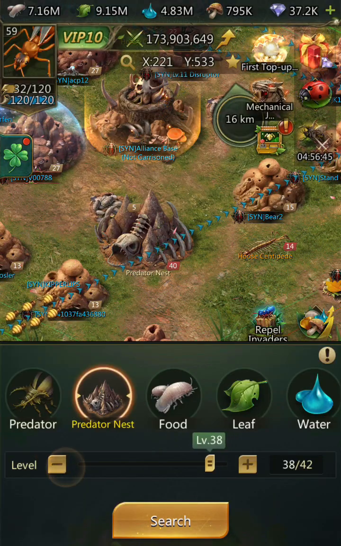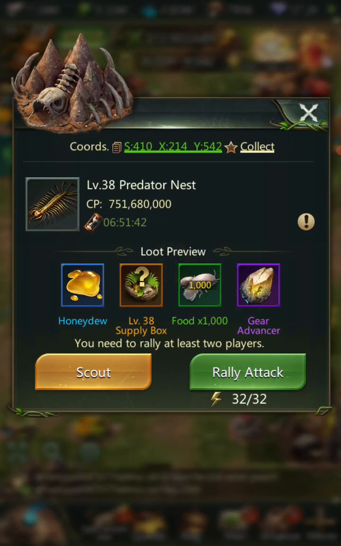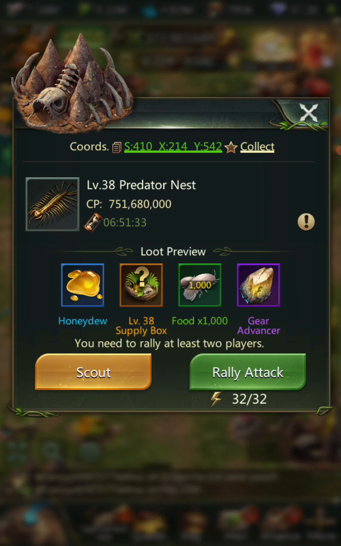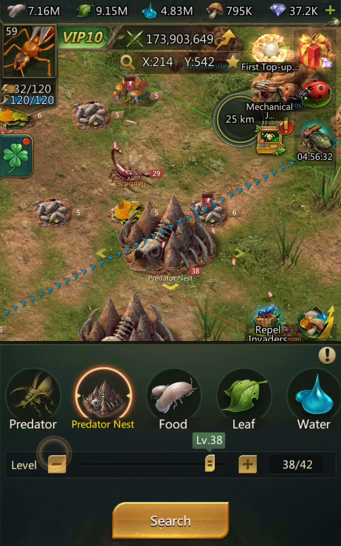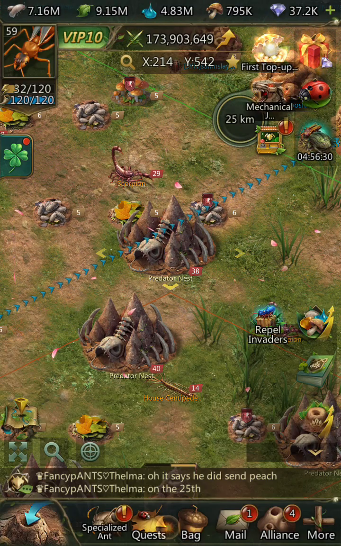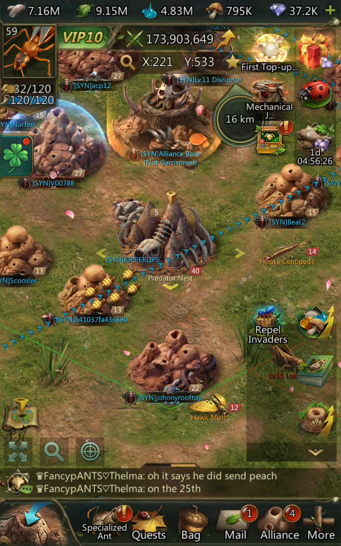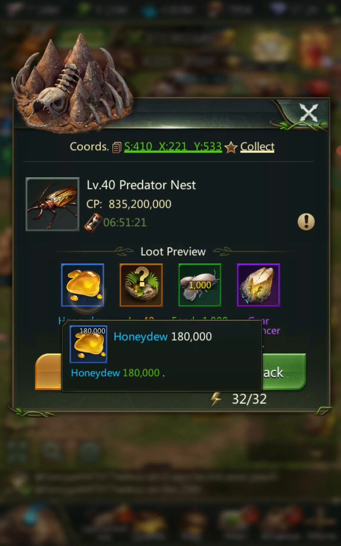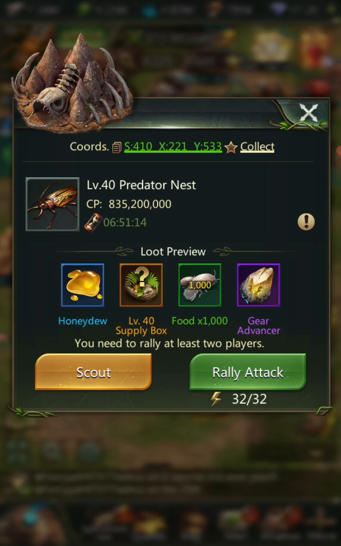So to show you the difference real quick, if I was to do a 38 even, now the honeydew, this is just one example, your honeydew is 155,000 in that one. But if you go on up to a 40, which I know I cannot do on my own, I would need more troop help. It already jumps to 180. So that's just one reason why you would want to, and then your supply box level changes too, which is